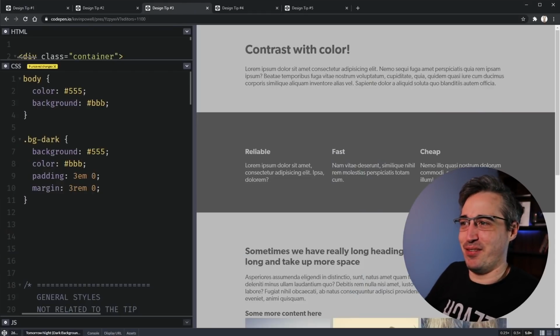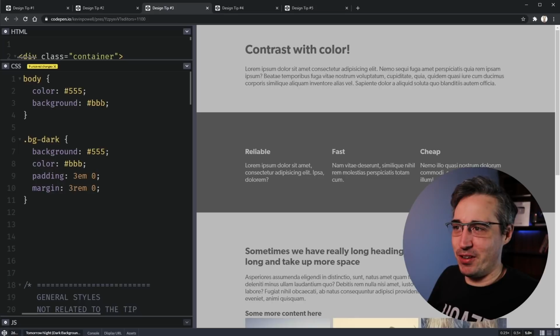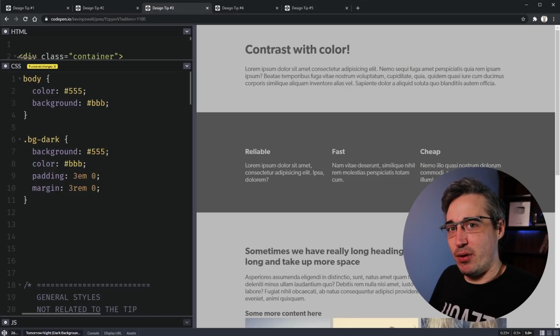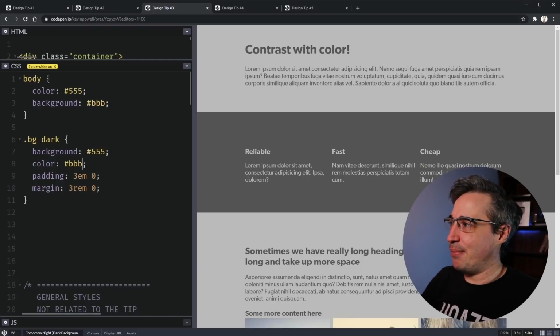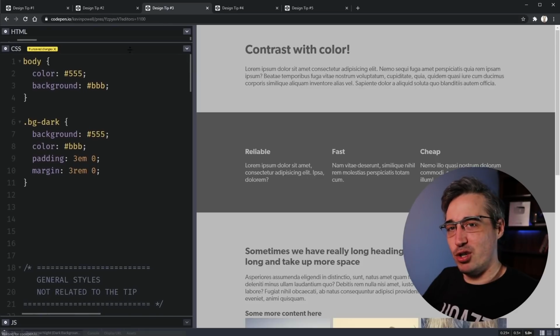You can see here it's a very monochromatic website, but beyond that, we're really missing out on a lot of contrast. I actually see designers make this mistake a lot with very low contrast on some text, because sometimes it can actually look pretty nice, but we do have to be careful with that as well, because we want to make sure things are also readable, and there's a sort of minimum contrast that we should be keeping in mind. I'm not going to dive too much into the minimum contrast idea, but this idea of having contrast with color is really important. And so the first thing I'm going to do is the easy fixes.